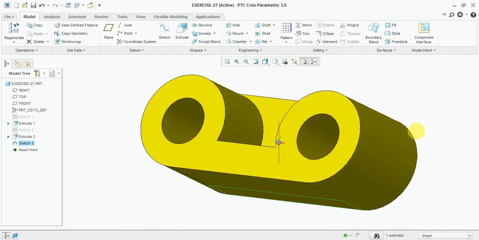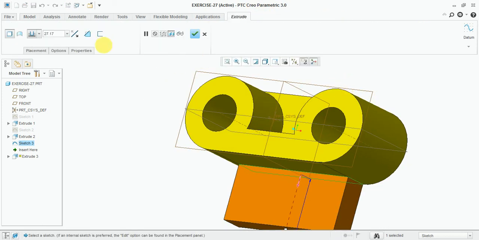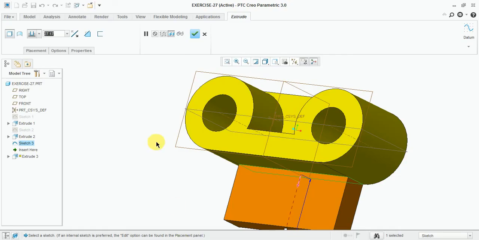Now extrude this one, select extrude, enter here 19 minus 18 mm extruded value, okay.